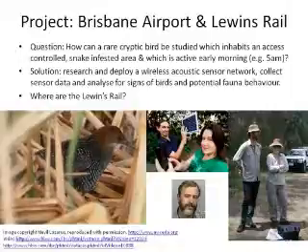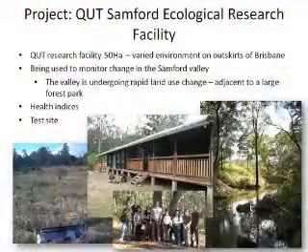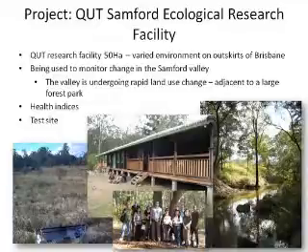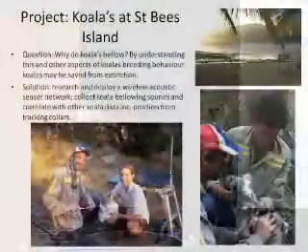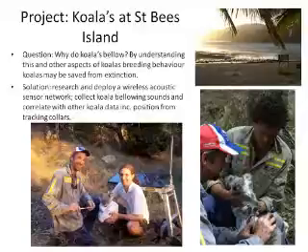We've done some work with a rare cryptic bird at Brisbane Airport, which is very difficult to study for a whole variety of reasons, including snakes and difficulty of getting access to the airport, because it's obviously controlled. That's been very successful. We've got a test site where we're looking at the overall health of the environment, which contains a number of different little ecological areas which are of interest to the ecologists. And we've been doing some work on koalas at St Bees, which if you were here last year, I played some koala calls, and I'll do that briefly again today.